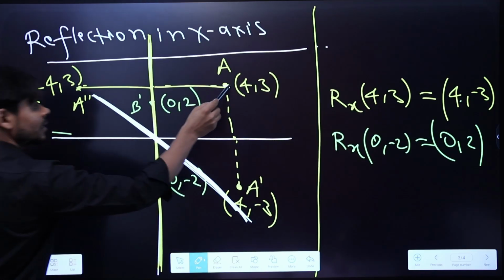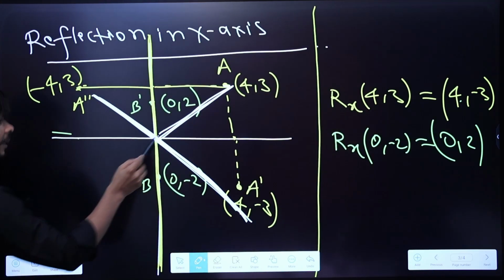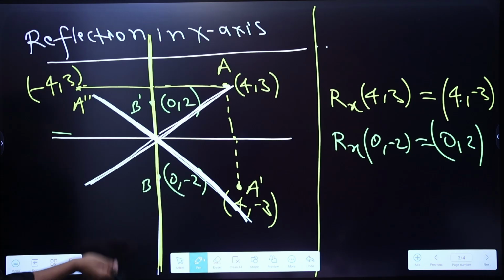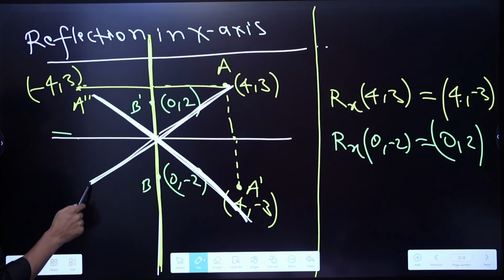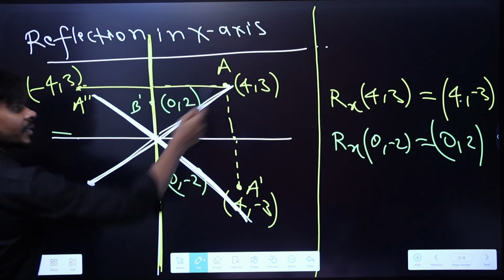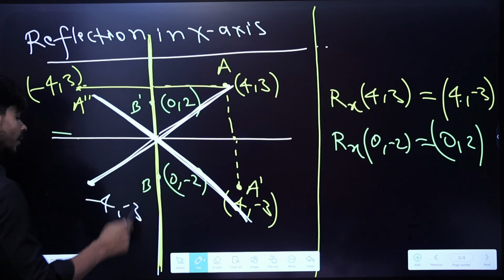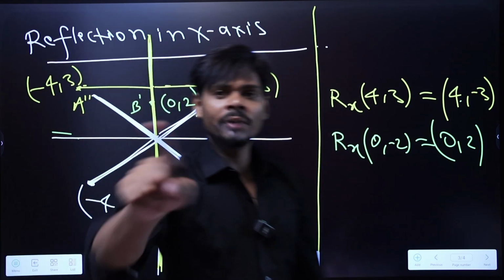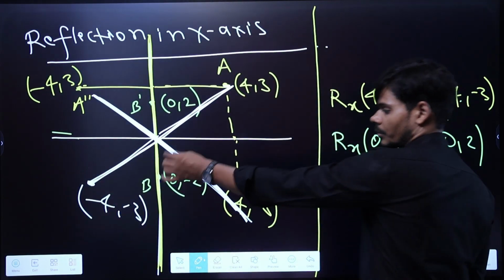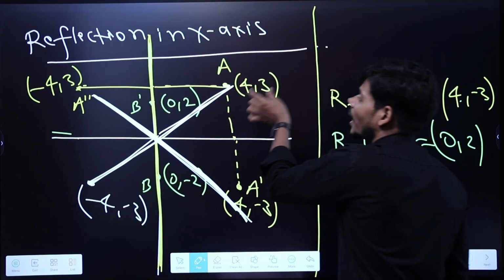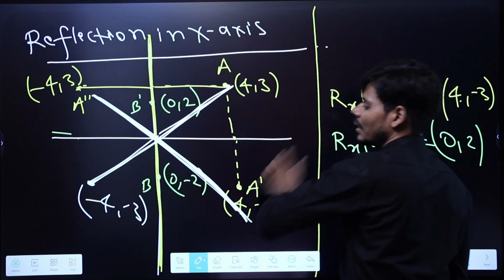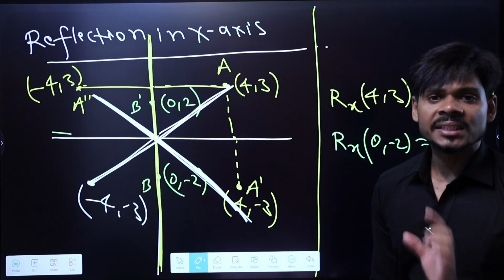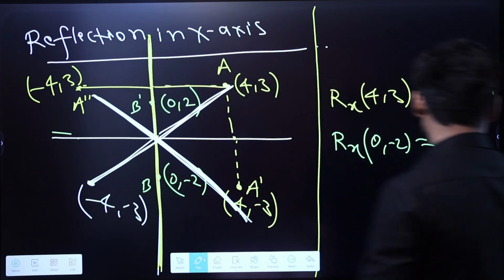Fine. Now the distance of this one will be exactly the same as this one. So it means this point will become here, and in the third quadrant both are negative. So it will be minus 3 and minus 4. The values will remain the same, but if you notice, sign of both x and y changes over here. That's it. This is the important concept till now.